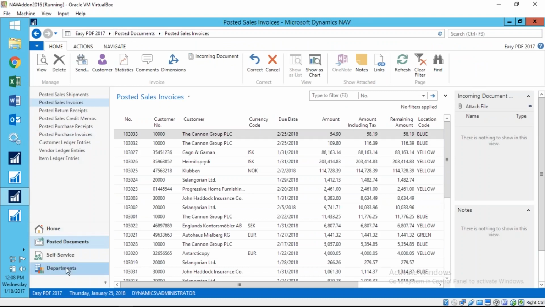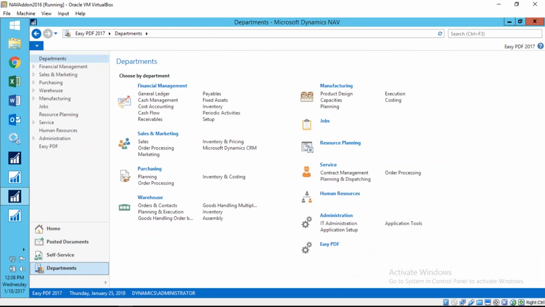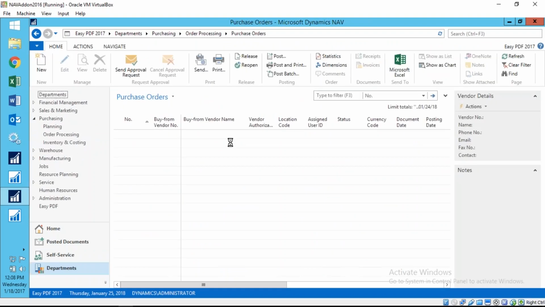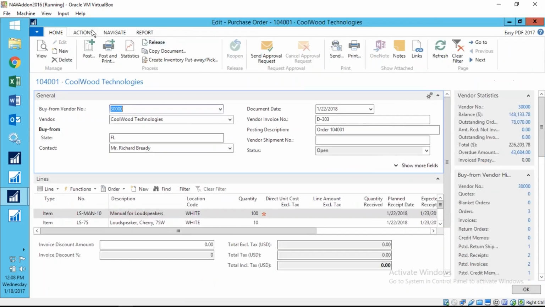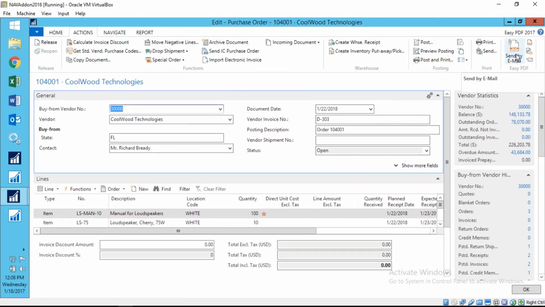because one of the uses that we encourage companies using EasyPDF to do is to use this to send their purchase orders. So if we open up a purchase order, for example, we go to Edit, same thing. In the Actions tab, we have Send by Email. So they take this PO, and as soon as the purchasing department is finished with it, all they have to do is click on Send by Email, and